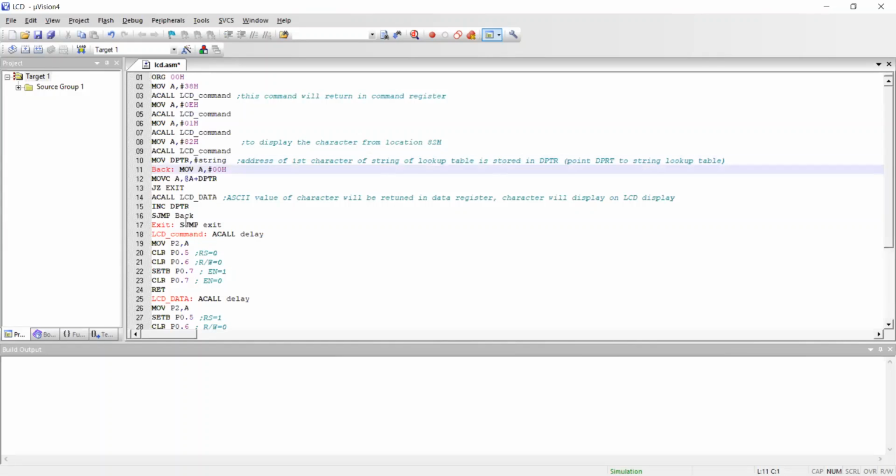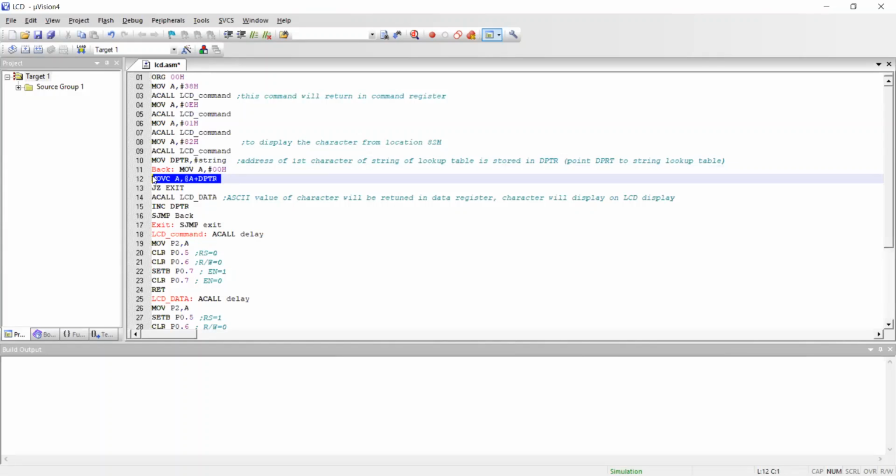Then I will clear this A, because I told you before, this command using DPTR is indexed addressing mode, not indirect.